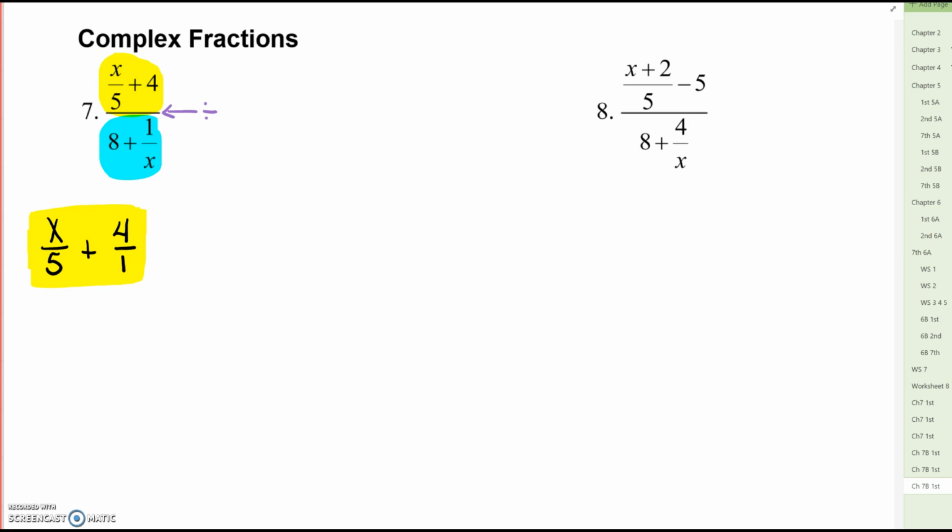If I want to add these together, I need a common denominator. If I multiply by 1 over here, does multiplying by 1 really do anything? No, we still have x over 5. I do need to multiply the top and bottom by x on the right. So we really have here, I think I'm going to do it underneath, x over 5 plus 4x over, wait,